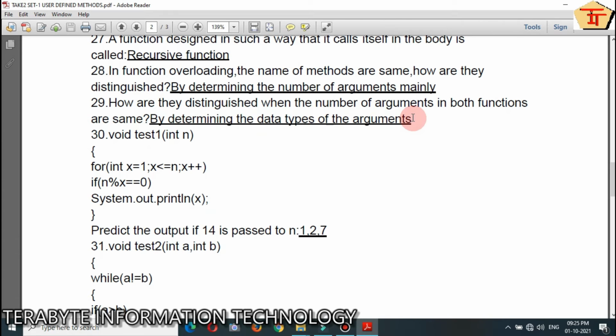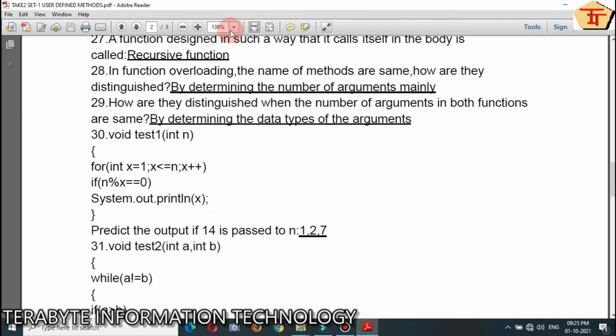I can give you one example. Suppose you have made a function called area, and that is for the square. So, you will be passing only one argument, so you take it as int. Similarly, for circle, the name of the function will be area, and you have to pass the radius. So, instead of taking int again, you have to write either float or double. Then, though both functions have one argument, they are distinguished by the data type.